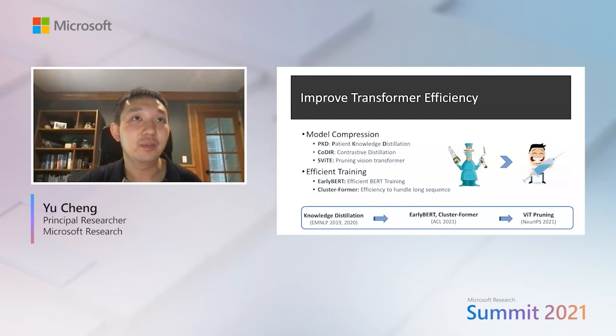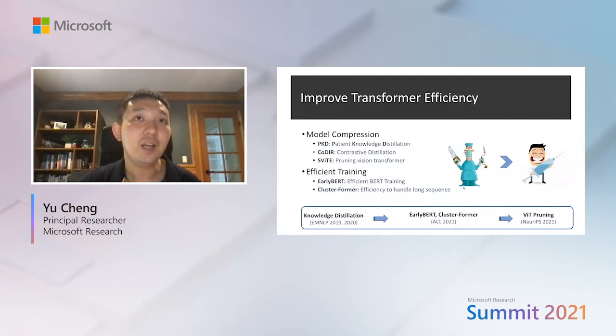We know transformer models have been dominant in the AI area in recent years. Models like BERT, GPT, and the recent vision transformers have achieved a lot of success in several domains, including computer vision, natural language processing, and speech recognition. One of the challenges of transformer models is computation efficiency. Usually, they require very large models and a lot of training data. However, how to make transformer models more efficient is one of the biggest challenges to make them into real